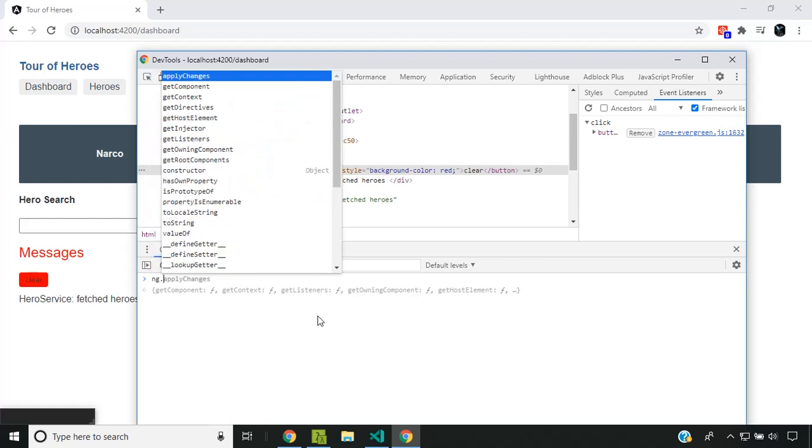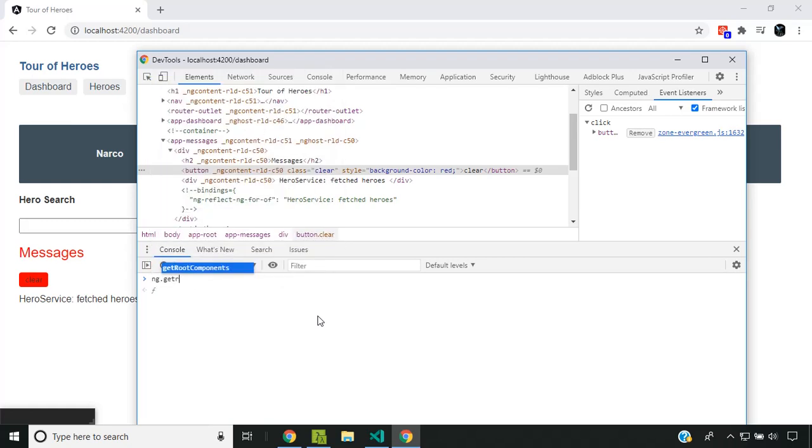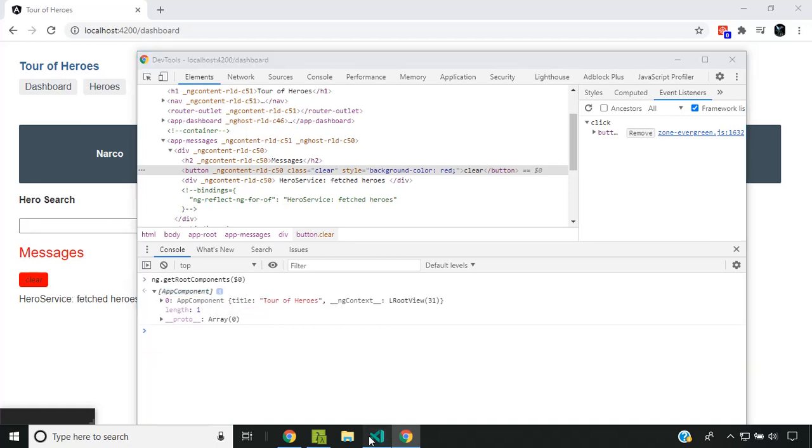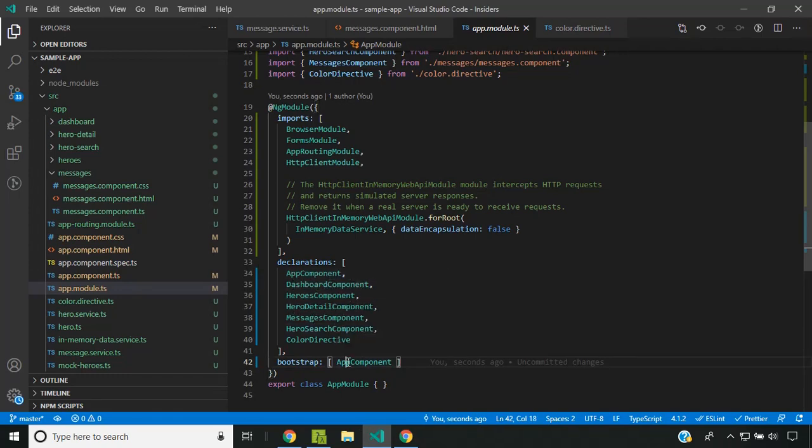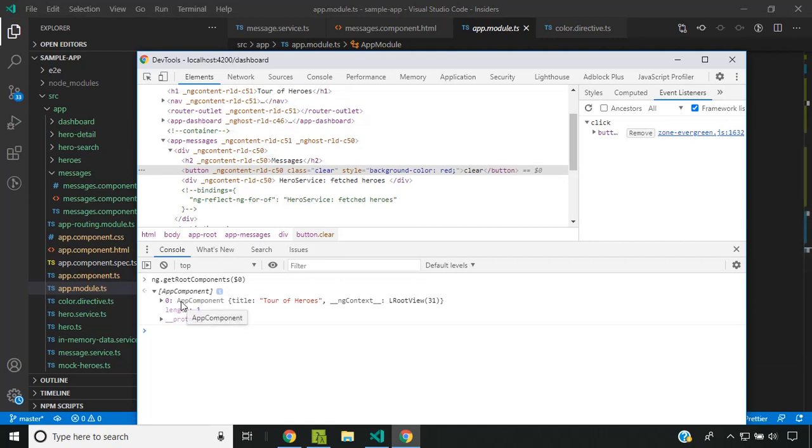So there is a method called get root components, which again accepts the current selected element as a parameter. So when we execute this, it will return a list of all the components which are the root. So root means basically which have been provided in our bootstrap array which we use in our app module. So since we define the app component as the bootstrap, it will be listed in this component array. So similarly we have something else called